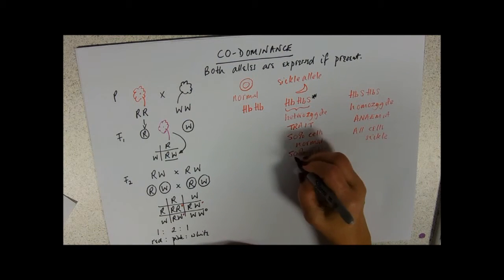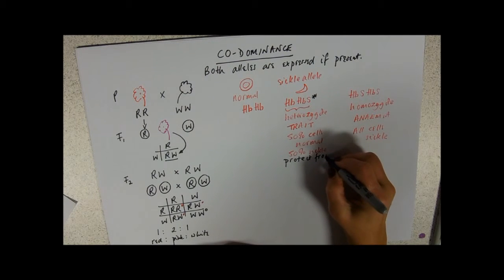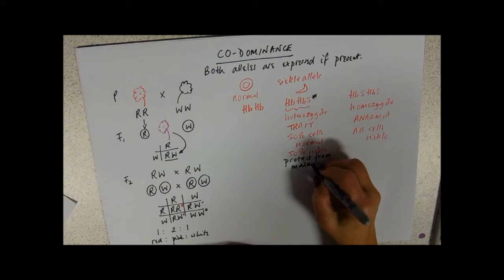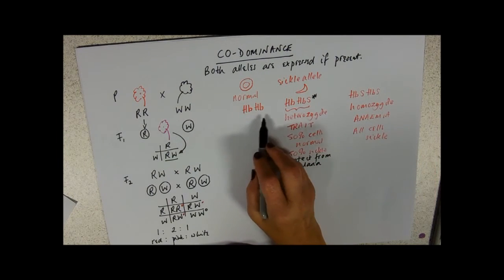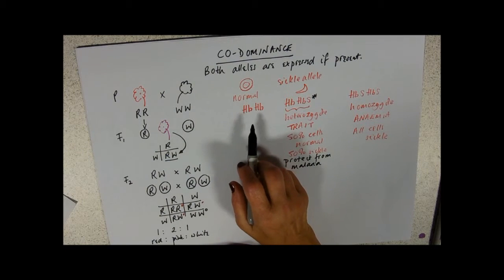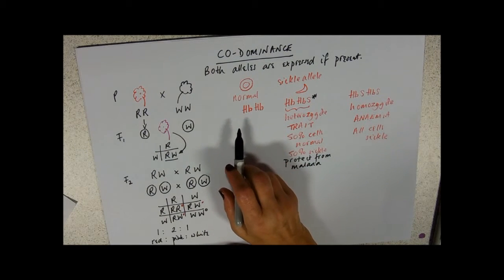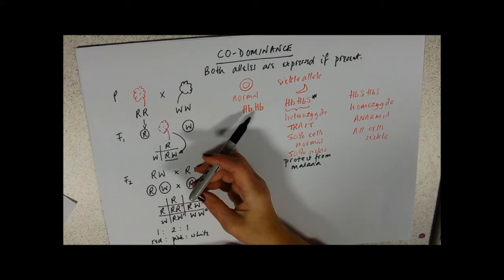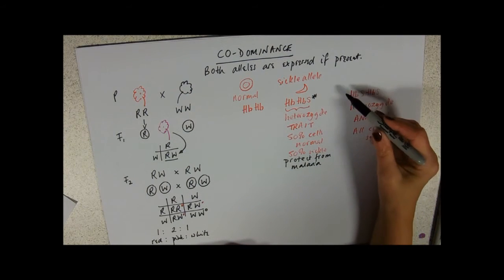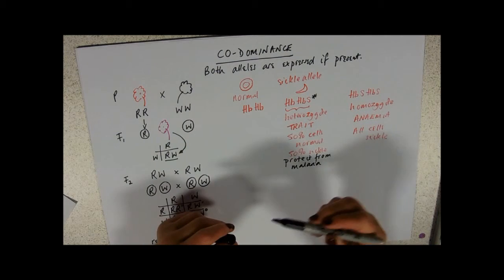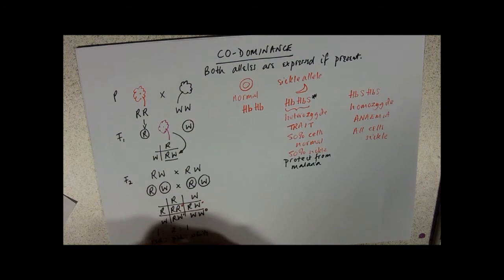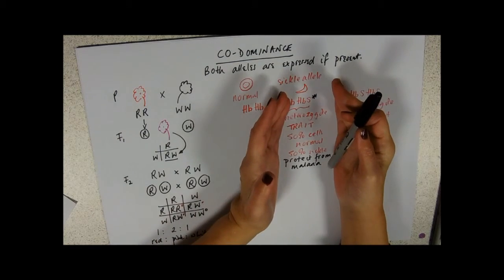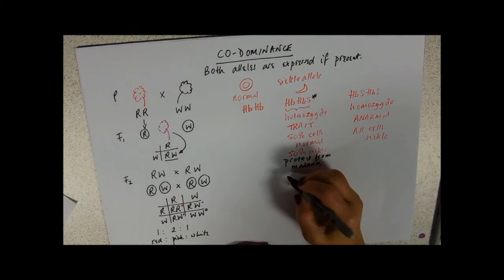So these 50% sickle cells are not able to be invaded by the malarial parasite, so they offer a bit of protection from malaria. Now obviously, if somebody with normal hemoglobin goes to a malarial country and catches malaria, it can be fatal. It's still one of the biggest killers worldwide, and so that's a disadvantage. This is going to be a disadvantage wherever you are, because of the crippling joint pain and anemia, having both alleles. But this one is an advantage, so you'll also see this when we do evolution, probably, called a heterozygote